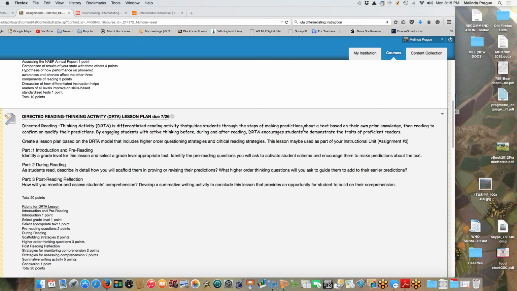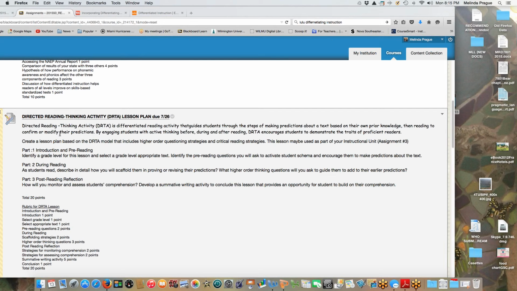Okay, so we're going to go through the steps of making a prediction. We need some prior knowledge, right? How can you make a prediction about photosynthesis if you don't have any clue about what photosynthesis is? Except maybe you could. Maybe you could say, hey, is there any word you know in photosynthesis? Do you know the word photo? What does synthesis mean? What does photo mean? And we could maybe brainstorm about that a little bit.